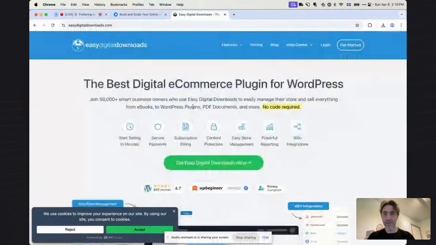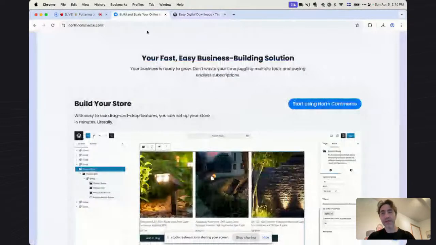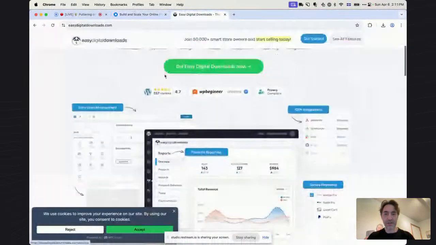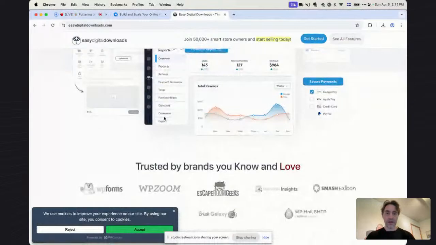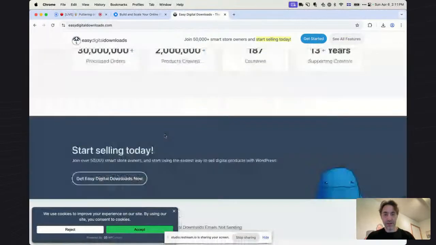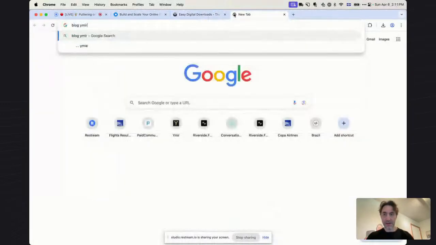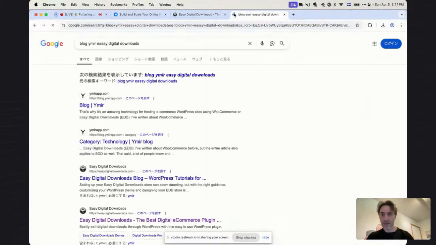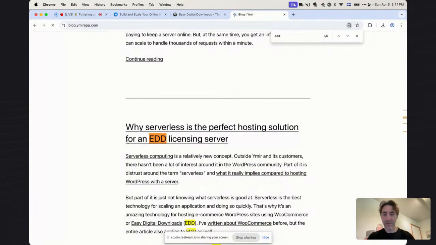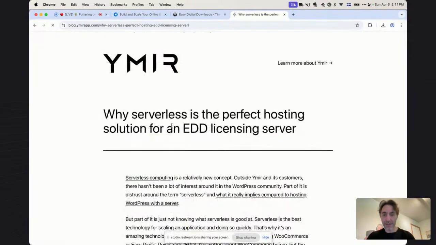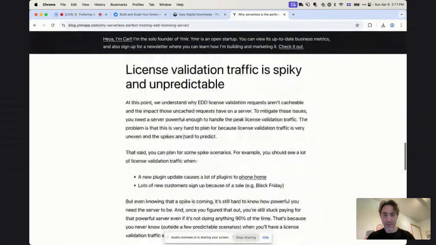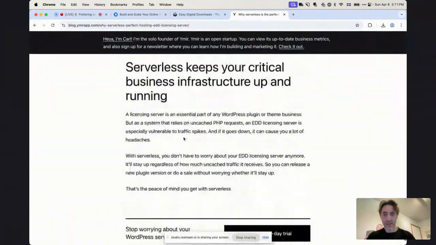So that's another platform that I've even written about, because a lot of plugins use Easy Digital Downloads to manage their licenses. So I'd written a blog post about that, I think on the Ymir blog: why serverless is perfect for Easy Digital Downloads. Yeah, so I wrote about that like a year or two ago, but again, it's really useful in that use case